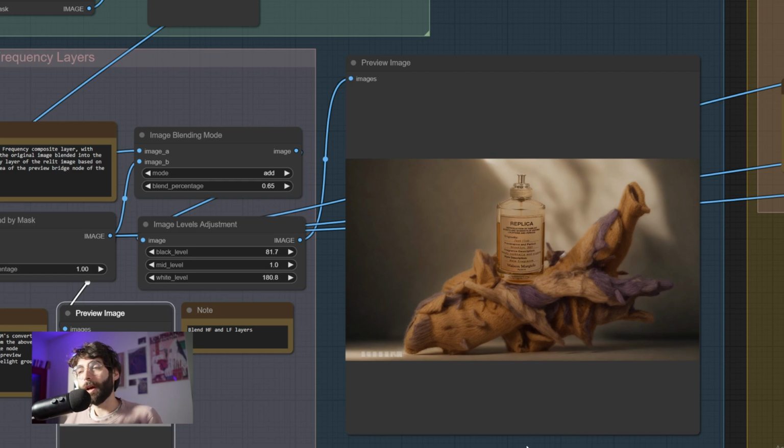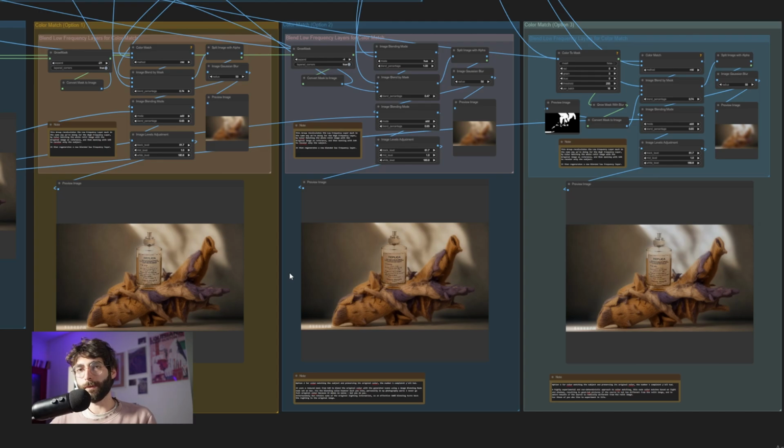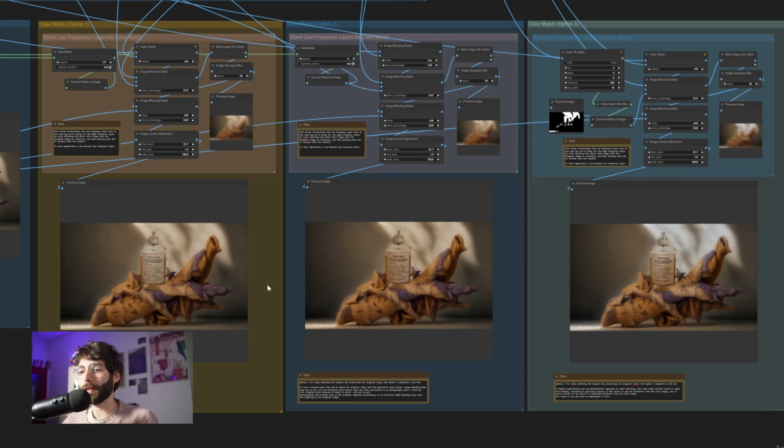But since some of you have been telling me that they had issues with the coloring of the subject, I'm providing you with 3 different ways of color matching the subject. Why 3? Well, for starters, that's because there's so many ways of tackling a problem, and I wanted to show you that. There's no best solution to it. There's just so many different ways you can try and solve stuff,